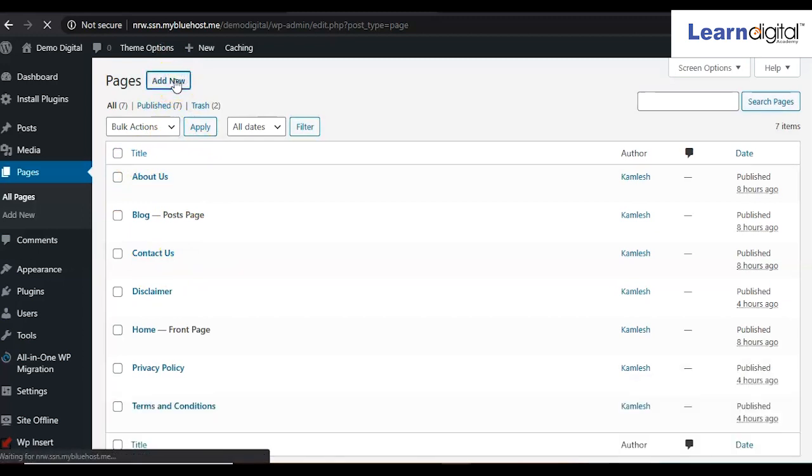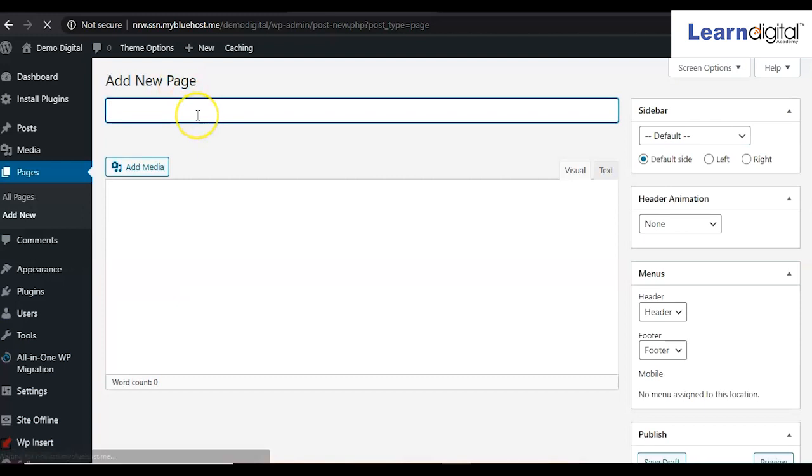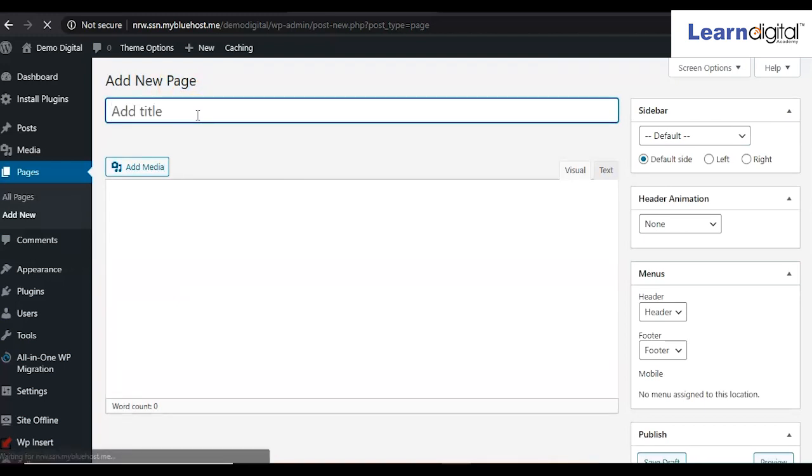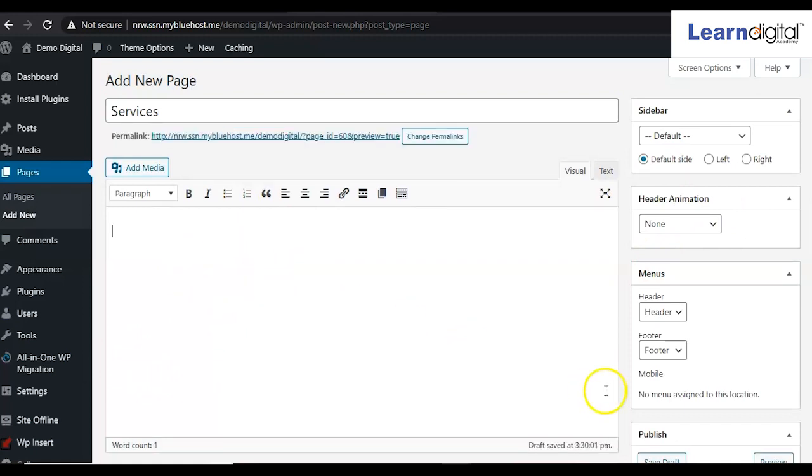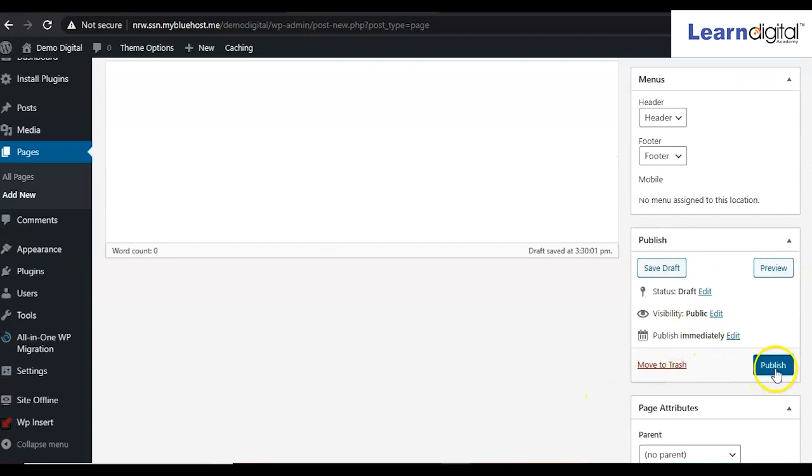Just click add new, then type the page name like our services. You can add a product page as well. If you want to put any content, you can type your content here, or simply publish from here.